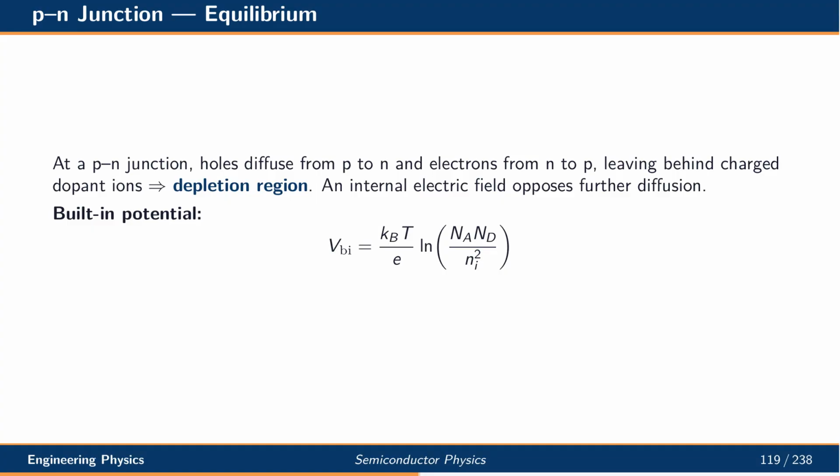At a p-n junction, holes diffuse from the p to the n side and electrons diffuse from the n to the p side. This leaves behind a region of charged dopant ions called the depletion region. An internal electric field builds up that opposes further diffusion, eventually reaching equilibrium. The built-in potential depends logarithmically on the doping levels relative to the intrinsic carrier density. This depletion region is the heart of all